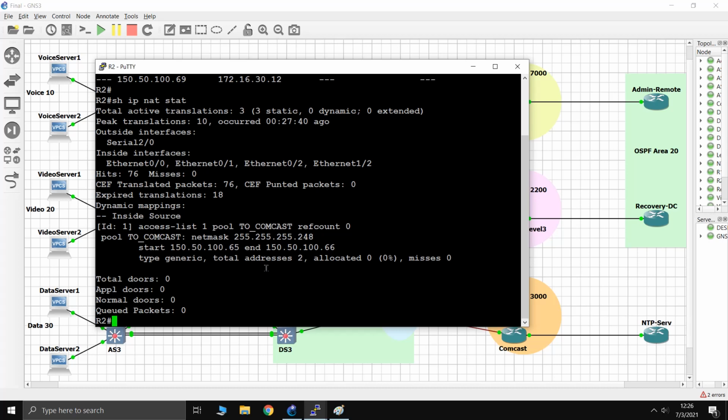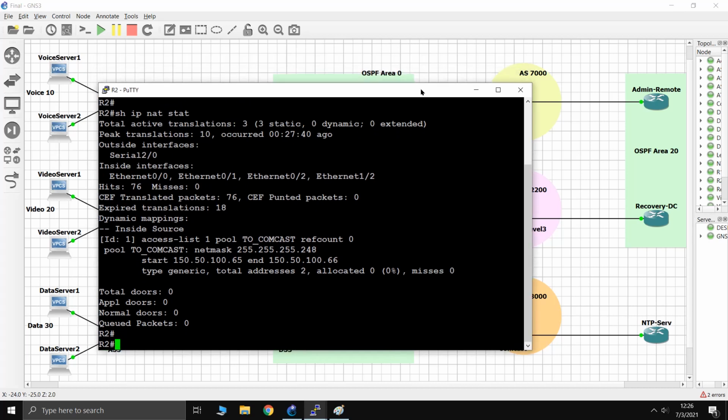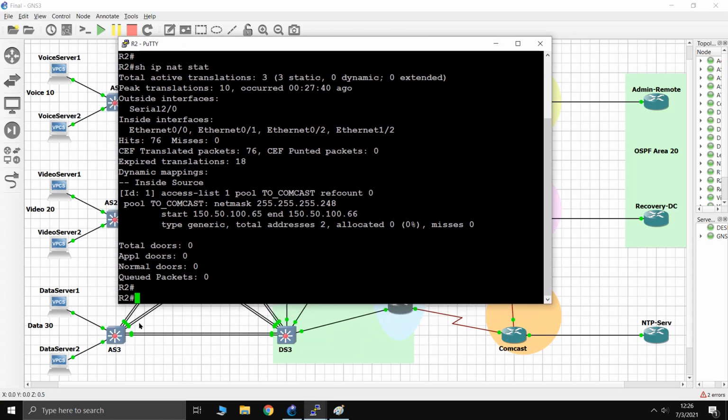And the reason for that, and the reason that we don't just have these going out port address translation 2 is that these ports, the ports that are assigned. So if